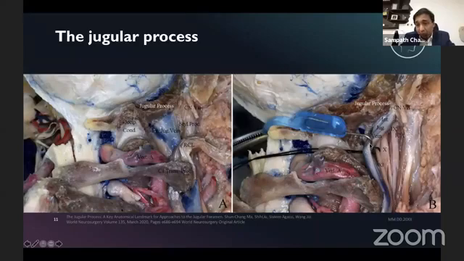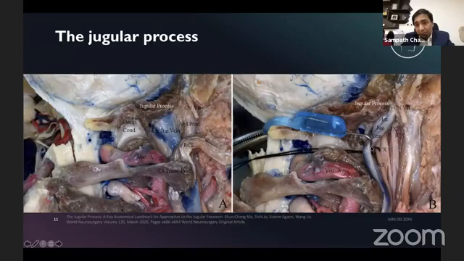and this is obvious. Let's begin with the most easily identifiable structure, that's the internal jugular vein. So the internal jugular vein always lies just anterior to the transverse process of C1. Now, this is the transverse process of C1. So this is the bony protuberance of the transverse process of C1. Just anterior to the transverse process of C1 is where you find the internal jugular vein. Medial to the internal jugular vein, you have the 9th, 10th, 11th cranial nerves, the internal carotid artery, and all these